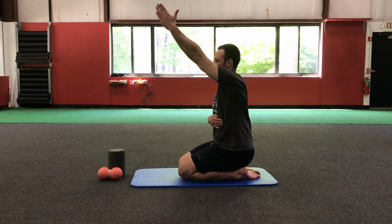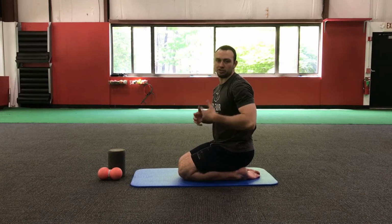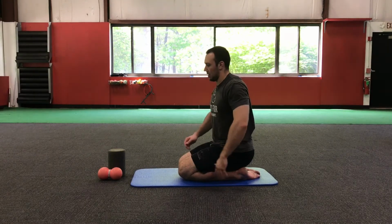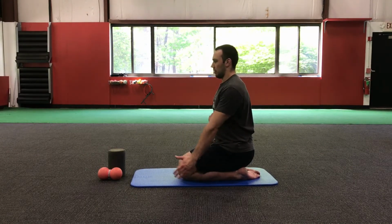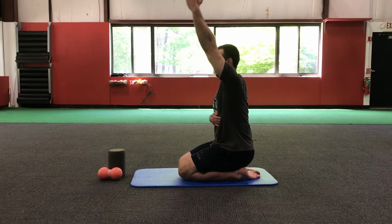And same thing, building tension on the way down. With all of our CARs, we want to make sure that it's done under control with some type of muscular contraction. That way we're really working on our full range of motion and learn how to control it at the same time. So I'm going to do the same thing one last time, reaching out in front as far as I can. I'm going to reach up towards the ceiling,